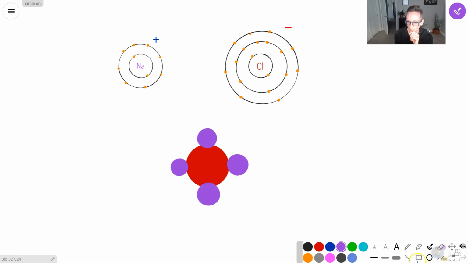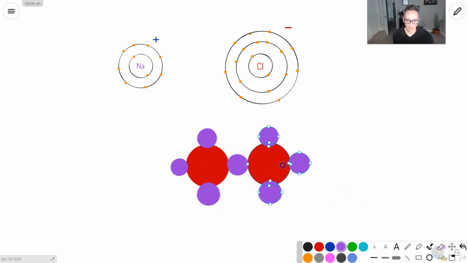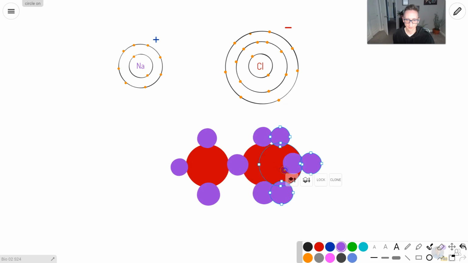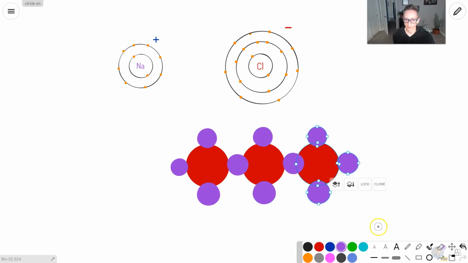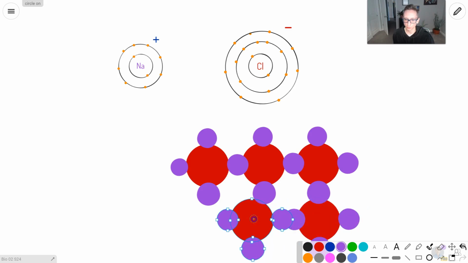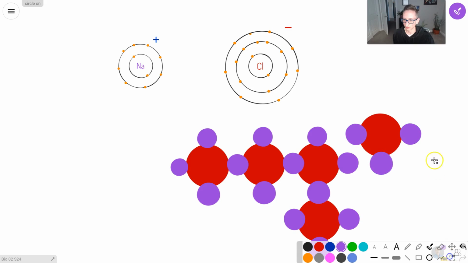And then there would be this guy. Let's see if I can copy it like this. Yeah, that's not looking terrible. All right, and then I could do it like this. And they form this beautiful square shape. Oh, I need to get rid of that one. Sodium and chloride, they form these square-like crystals, where they arrange themselves as a solid